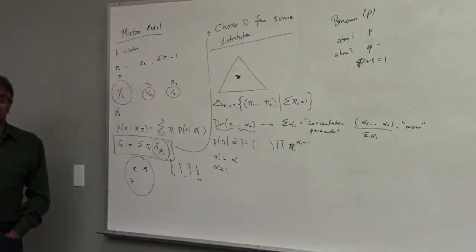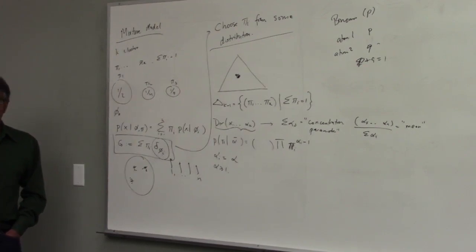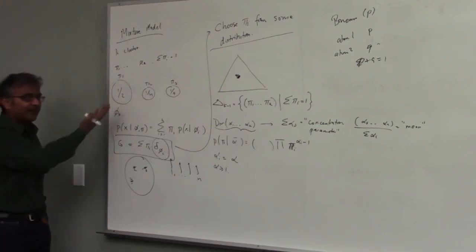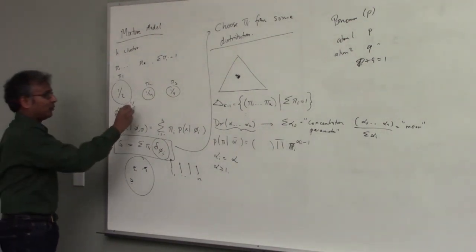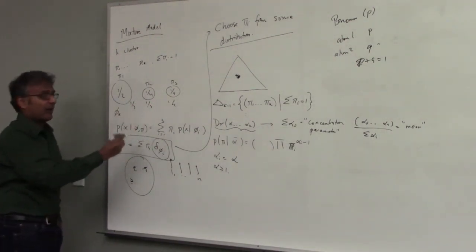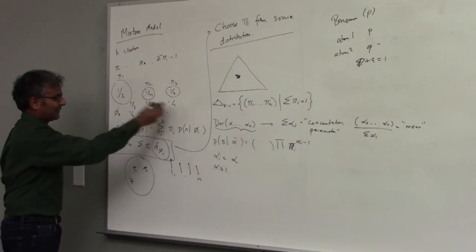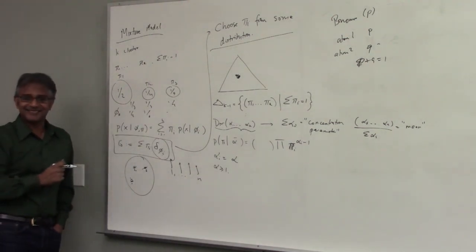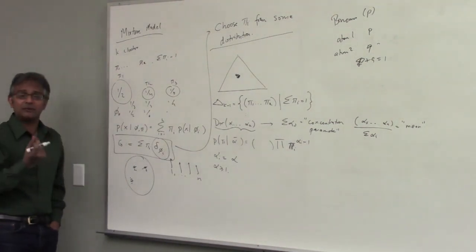If you were trying to be, I mean, I won't say Bayesian, but if you want to be principled about where these numbers come from, they're arbitrary numbers. How did I pull these numbers out of a hat? Why not 1/3, 1/3, 1/3? Why not 1/4, 1/6, and whatever the difference is? How do I decide which one is the right one?